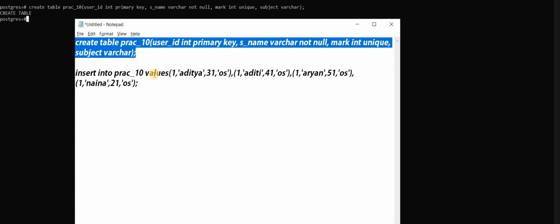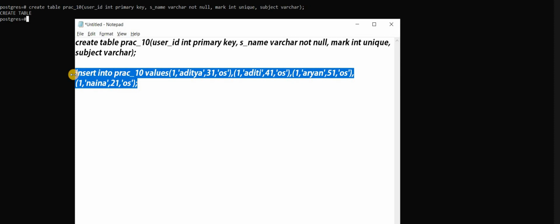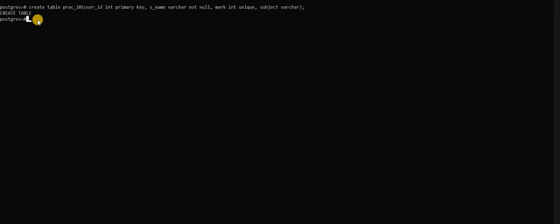Now I copied this. We are going to insert the values in our practical 10 table. In the first row we have 1 with the name Aditya, and he scored 31 marks in OS. Now for the other names you have to change the user ID.